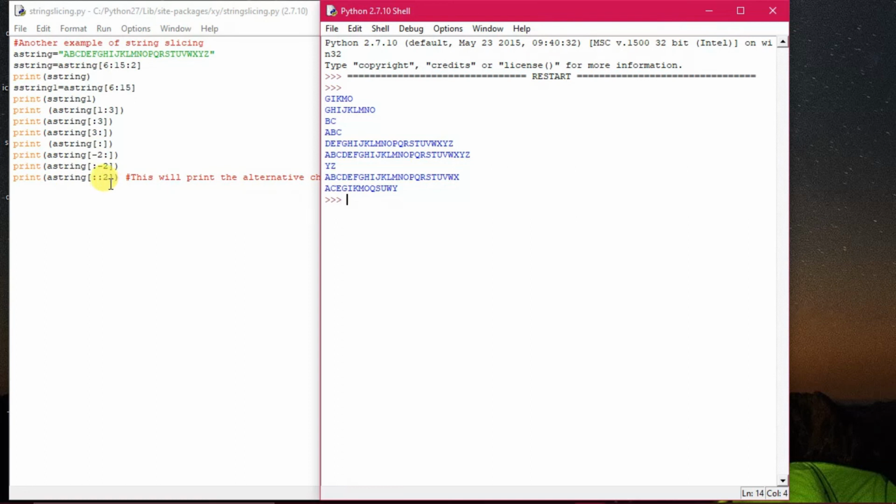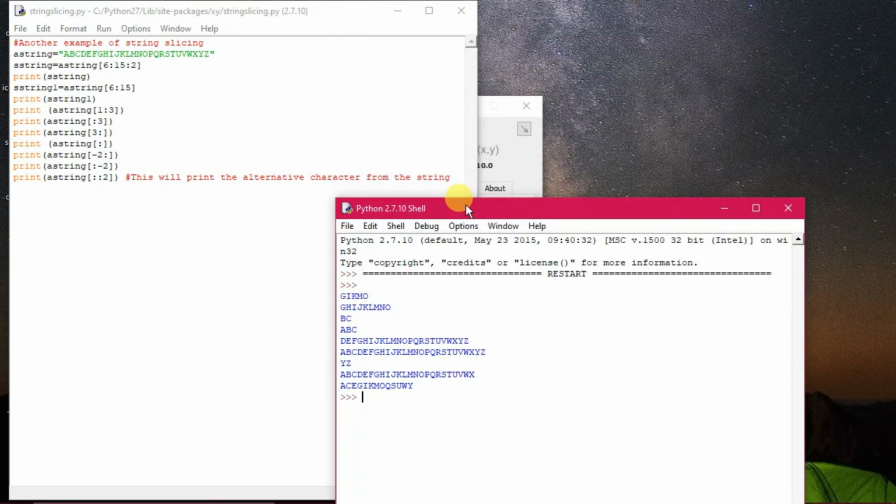And if you are giving the double colon 2, then alternate characters will be printed. A, then B has not been printed. C, then D has not been printed. E, then F has not been printed. In this way it comes to W, X, Y, that means X has been printed, and after that Z is appearing, but Z has not been printed. This will happen only when you give it in this way, double colon, then 2. So these are some more examples of string slicing. You implement the practical and do it nicely.